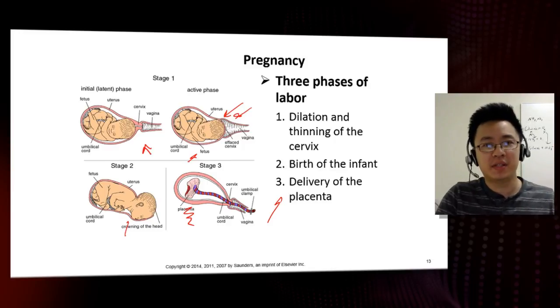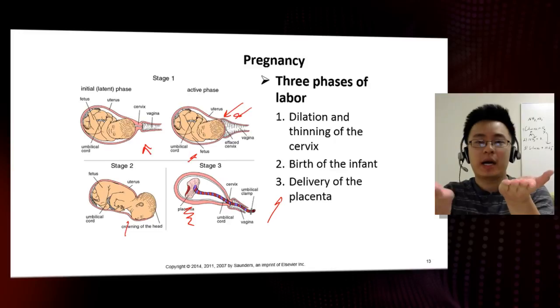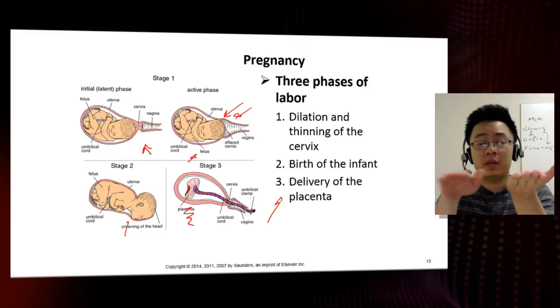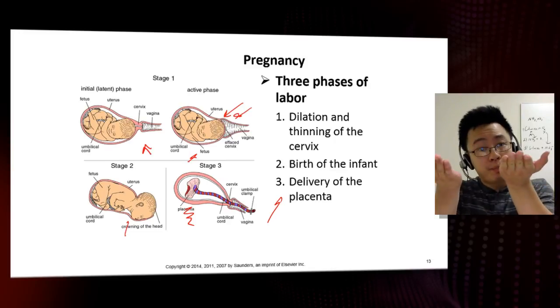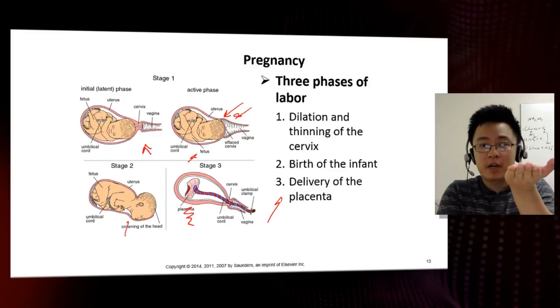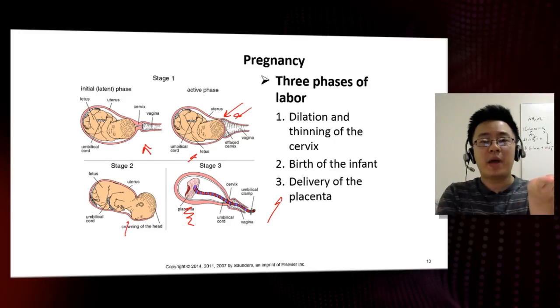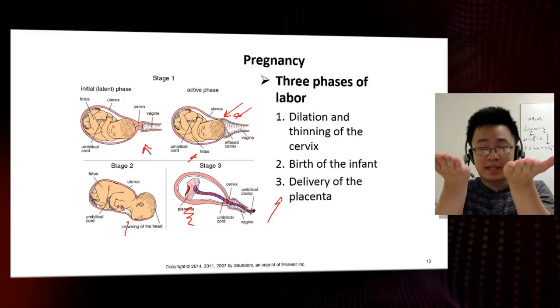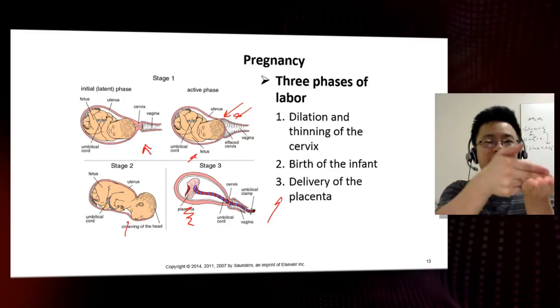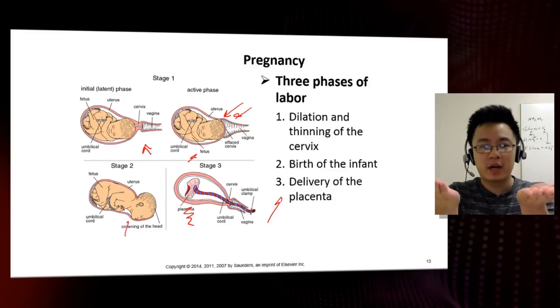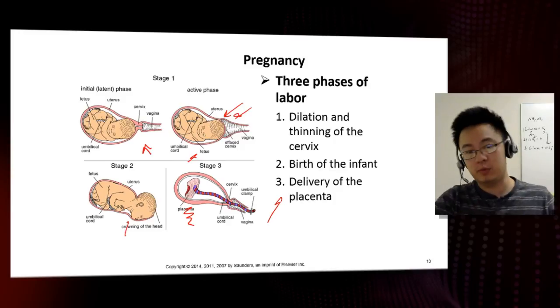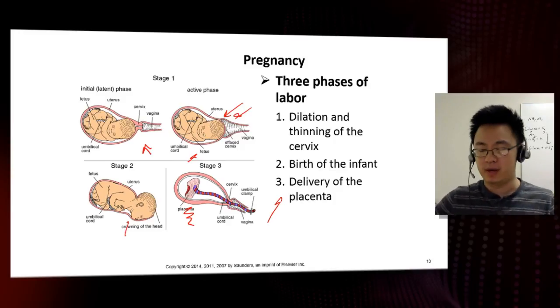Because the laws of physics say that if the placenta is here and the baby is there, the blood will be pretty even. If the placenta is here and the baby is down here, the blood is going to rush out into the baby. If the placenta is here and the baby is up there, then the blood is going to rush back into the placenta. So it's always said in healthcare to leave the baby level with the placenta until the cord is tied up so the blood doesn't travel to random places. Again, it goes into the placenta, or goes into the baby.